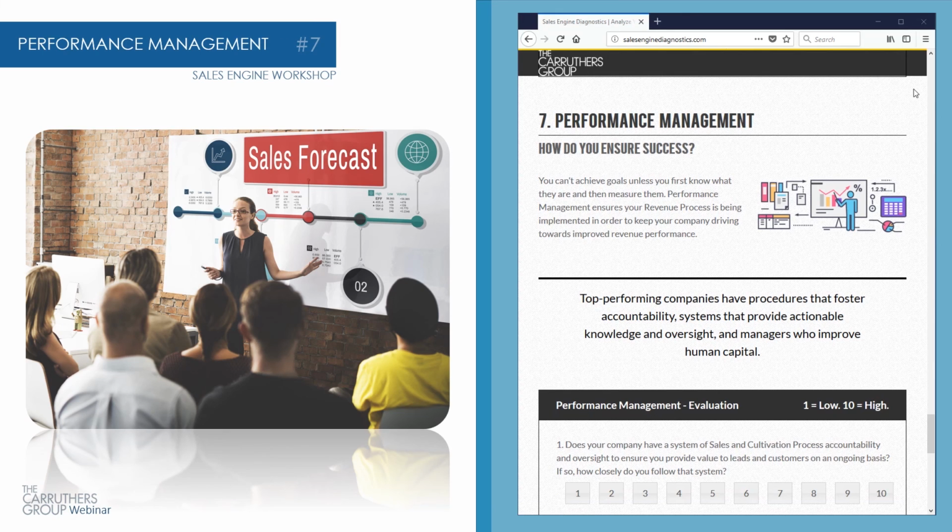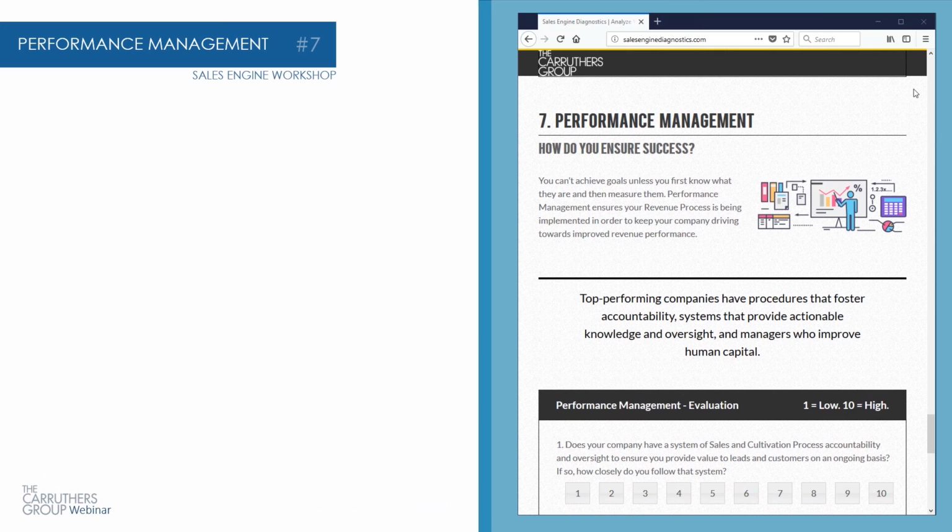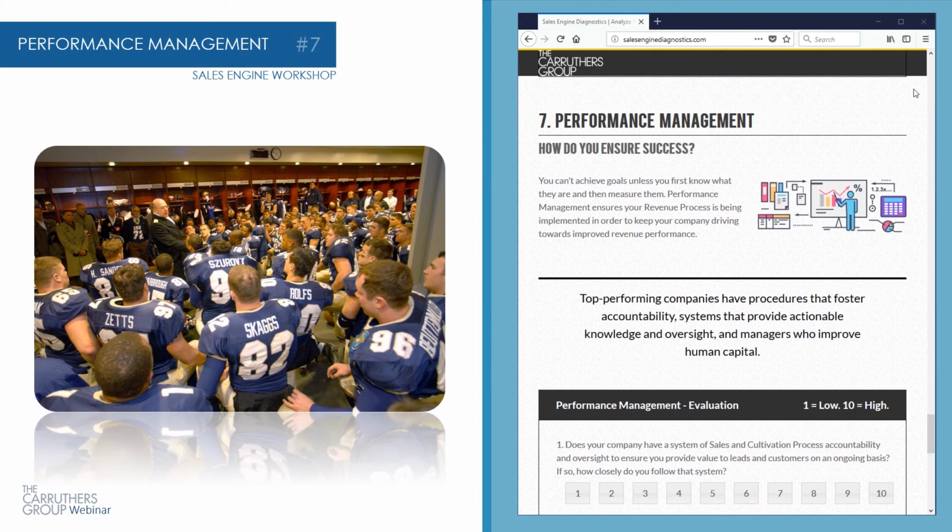I'd like you to think about performance management as if you're the head coach of a professional football team. What are you going to do before the big game? You're going to learn about the other team. You're going to look at the health of your players. You're going to come up with a plan, but you're going to go into that game ready to win, ready to execute a plan. Then what's going to happen on game day? You're going to have to adjust that plan, and you're going to have some kind of pre-scheduled times to talk through this and evaluate what's working and what's not. That could be seen as halftime.